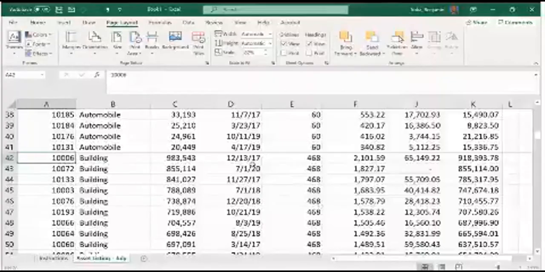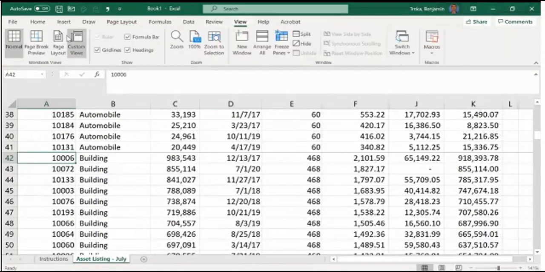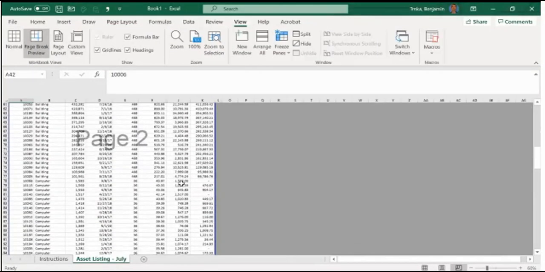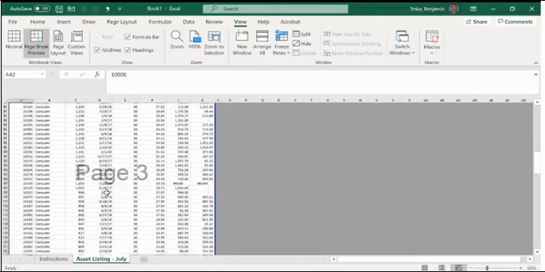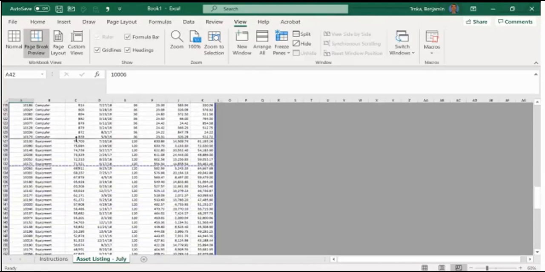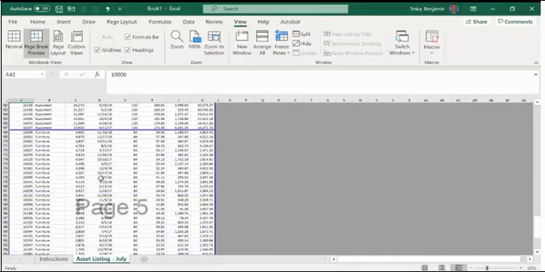All right, gotcha. So how are you going to put the one after building? Now we saw how I got it in after automobile. You have a different style, you said. Yeah, actually I use both ways. It just depends. If I want a whole bunch of breaks and to create more pages, then I'll go this way, entering the page breaks and using F4 to create new ones. Otherwise, I'll go back to View and Page Break Preview, and I like this because it helps show it to me. So here where I have a dotted line partway through computer, I'll just click and drag that to be between building and computer. Sure. And then for this other one, for computer and equipment, I'll do the same thing to drag it in between. And then furniture would be the last one. I'd put it there, and I see, all right, it all fits.